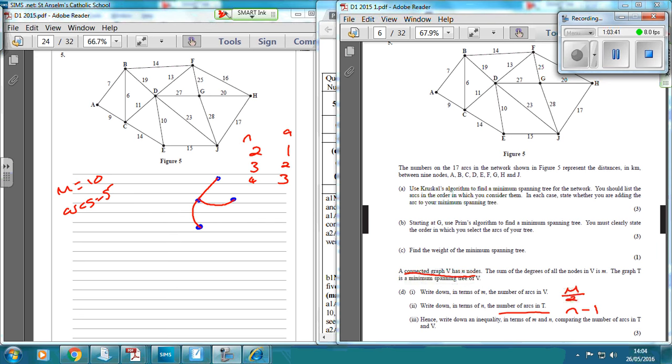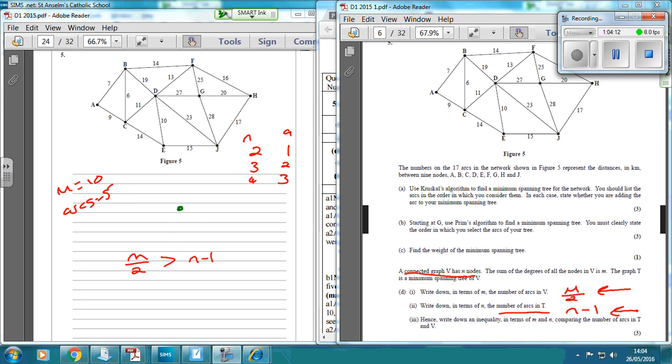And now part 3: hence write down an inequality in terms of m and n, comparing the number of arcs in T and the number of arcs in V. So what we've got here is the number of arcs in a connected graph, and then we've got the minimum spanning tree. That's going to be the minimum number of arcs that we can have. So therefore, the number of arcs in a graph will always be bigger than the minimum spanning tree, which is going to be n minus 1, unless,